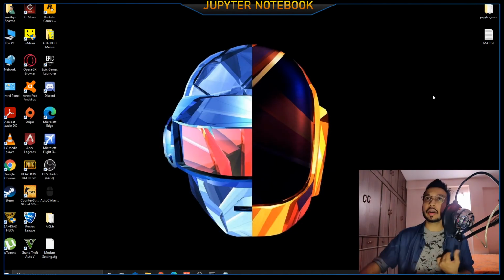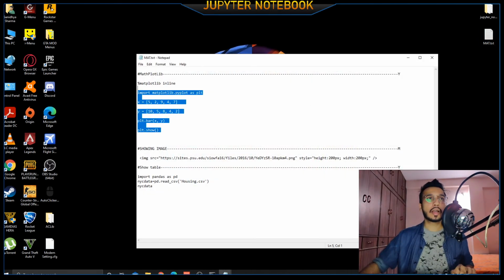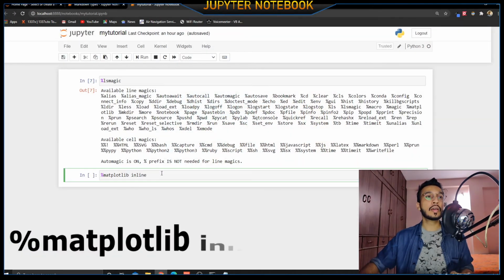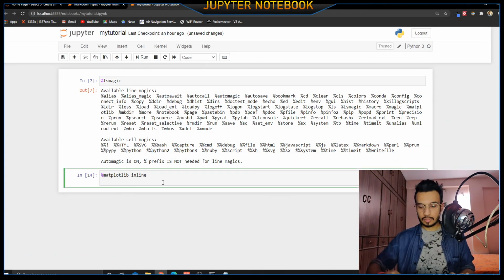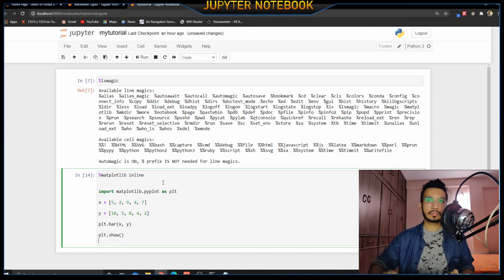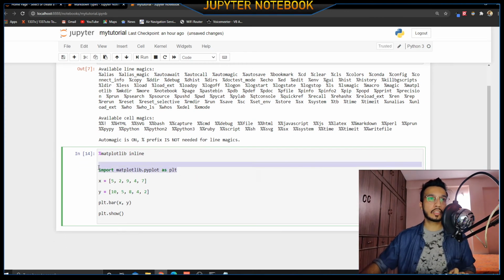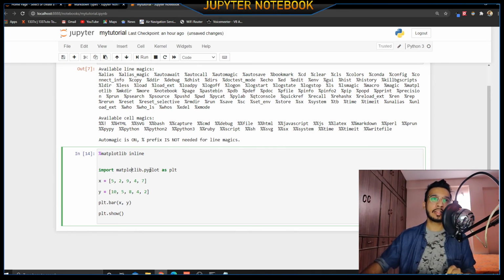Well, I already have a code of this, and I'm just going to copy this code and show you guys how the output would look. You can pretty much show an output of any graph. So I'm going to type this code here, and now we're going to execute this code. So basically this code is trying to call matplotlib, and in the matplotlib library you have the pyplot. So we're going to take this pyplot, and we're going to give an alias as plt, so that we can call anything as plt and it would refer to pyplot.